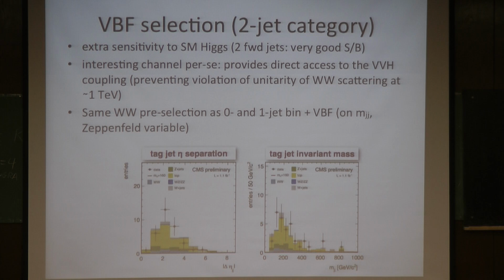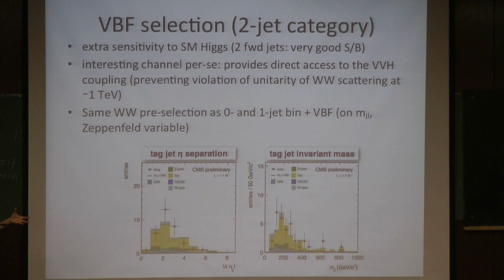Now, in the 2-jet category, this is what we call the vector boson fusion selection, where you have 2 jets in the high eta regions. The photon VBF I don't have because it's not approved. I know you wanted to see it, but Guido has not. And so I can't show it to you. What I am going to say is that if you put it in the final result, the result does not change. You just have one more channel that is shown in the 5.